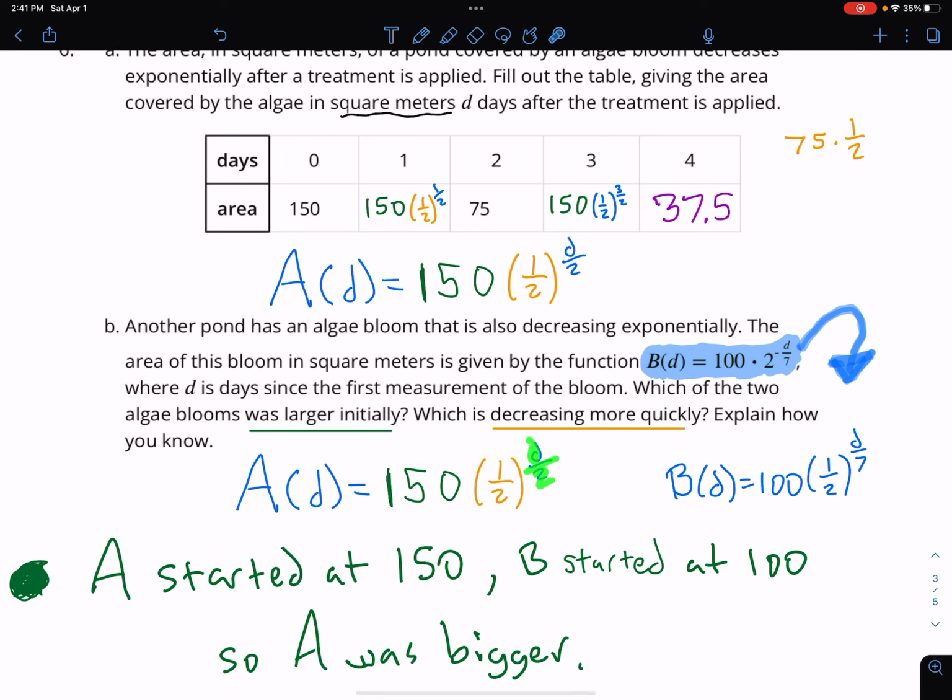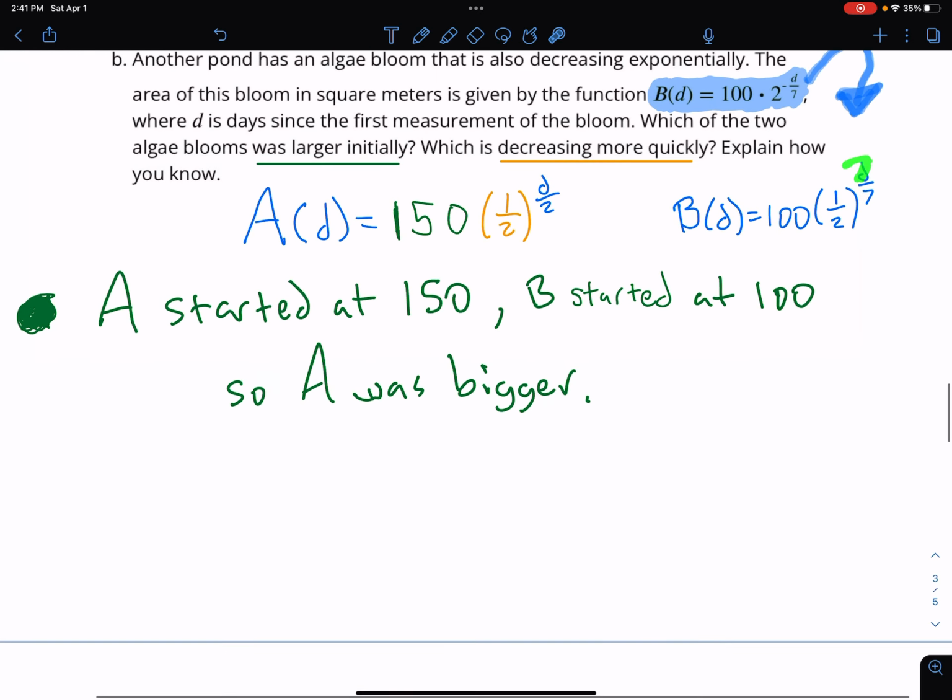This other one, they got 1/2 to the power of D over 7. So what does that mean? That means that before I can multiply times 1/2, I've got to get to 7 days to get 7 over 7. And that would be 1/2 to the power of 1. So it takes 7 days for B to get cut in half, while A is getting cut in half in just 2 days. So once again, I got a little